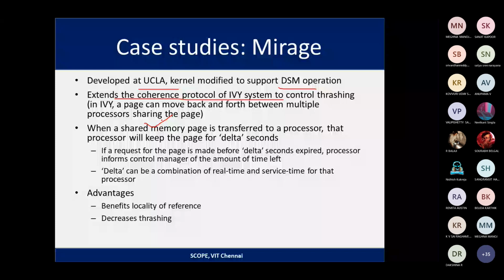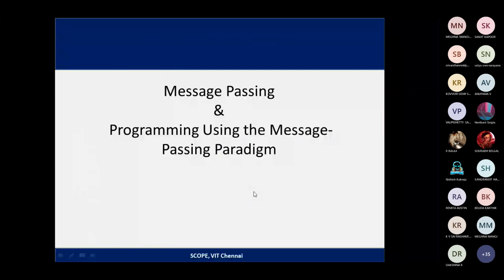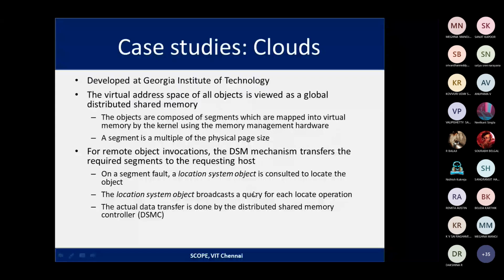The next case study is Clouds. It is developed at the Georgia Institute of Technology. The virtual address space of all objects is viewed as a global distributed shared memory. The objects are composed of segments which are mapped into virtual memory by the kernel using the memory management hardware.